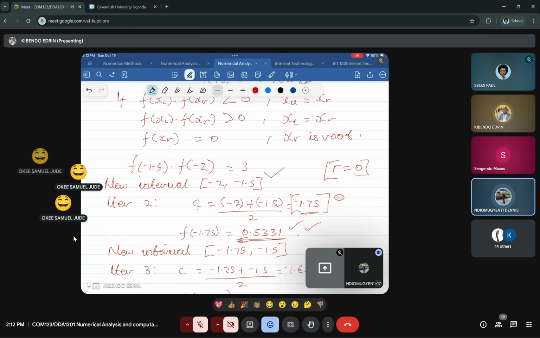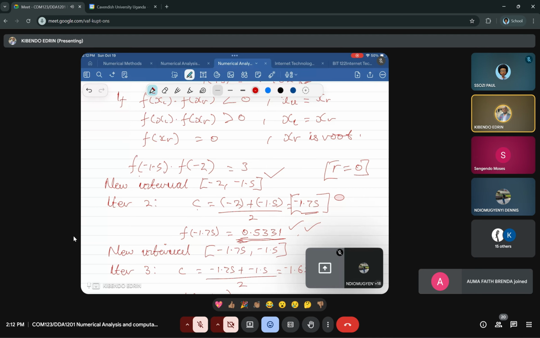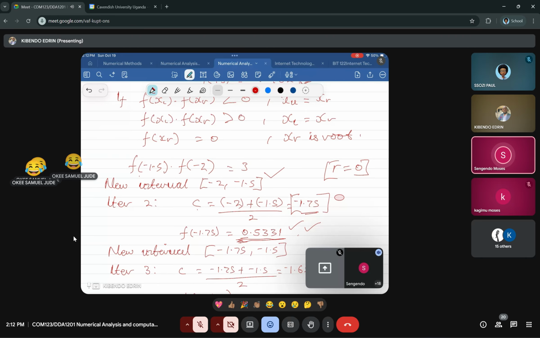It's like you are going from Jinja to Kampala, and you find yourself in Bombo. Let us use the Bombo thing. The one that we have picked